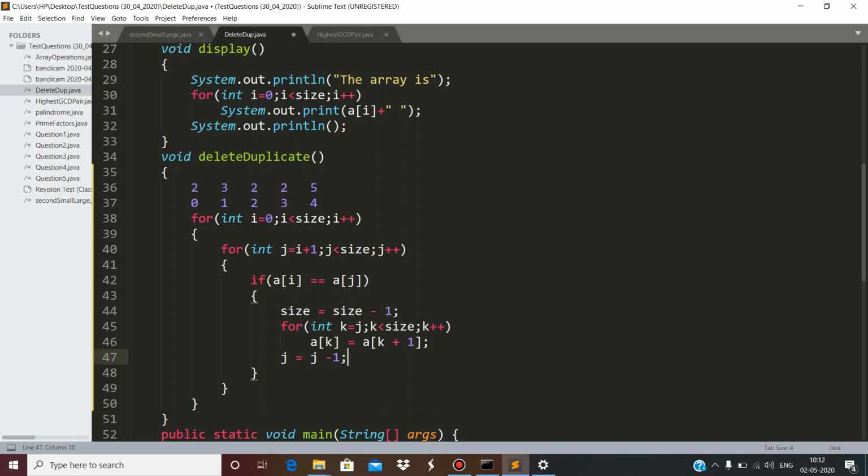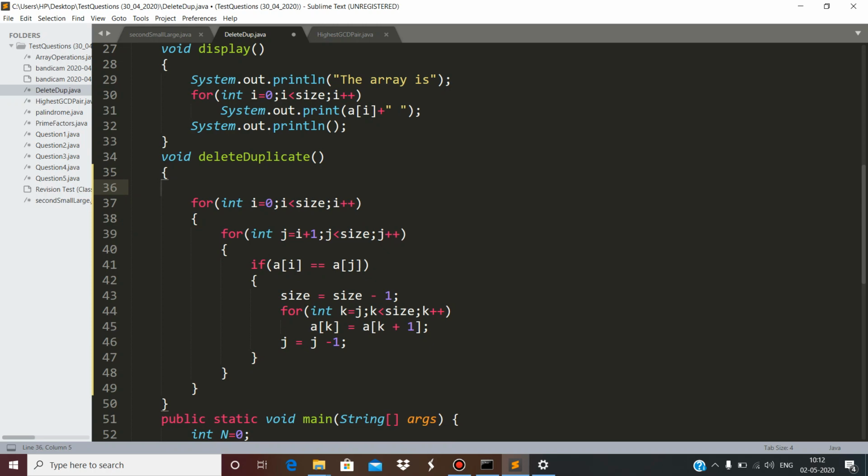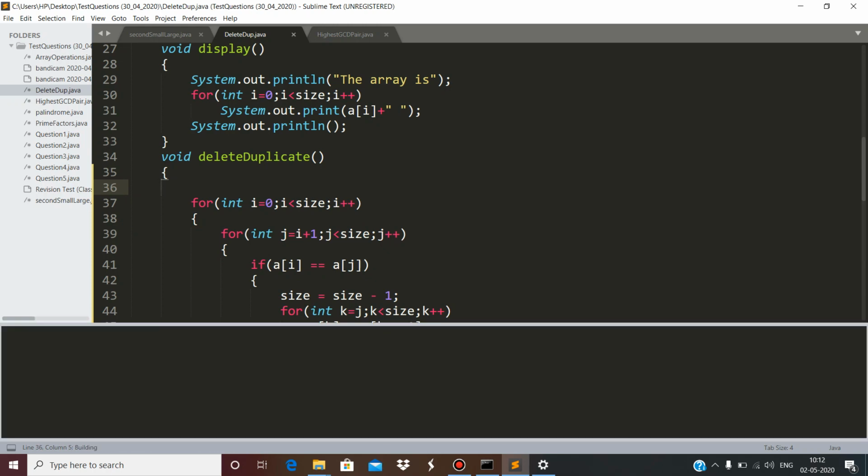So earlier when j was at index number 2, now after shifting it will come to index number 1, and then this j plus 1 will happen. Then the element which was at index number 3 and came to index number 2, we will be able to check again. So this is how we can delete the duplicates.